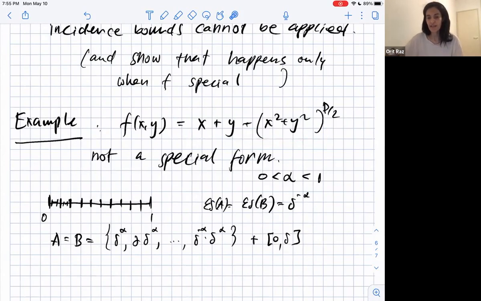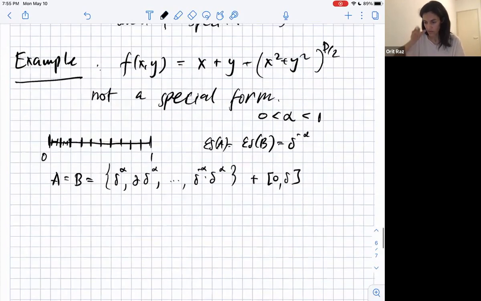But if I take x and y very small, very close to 0, this thing is going to be smaller than delta. And if this is smaller than delta, then from our perspective, in the discretized setting, we don't really see any differences of length smaller than delta. And then for very small values of x and y, this will behave like x plus y. I can write the exact expression, but maybe